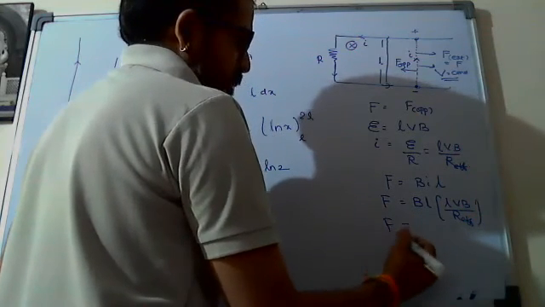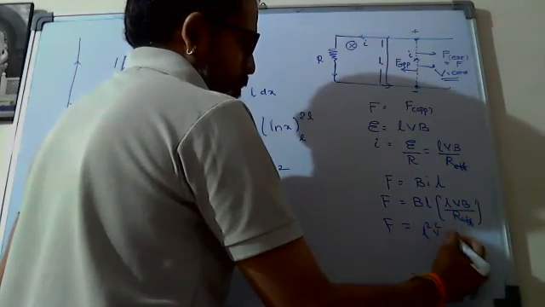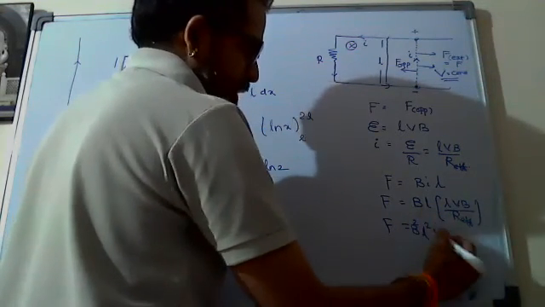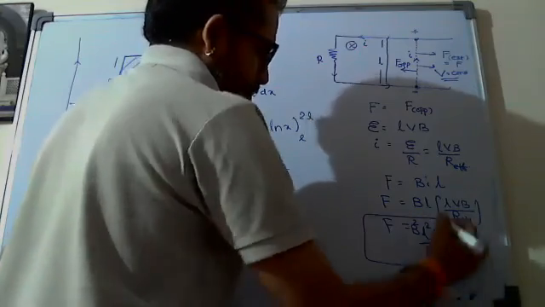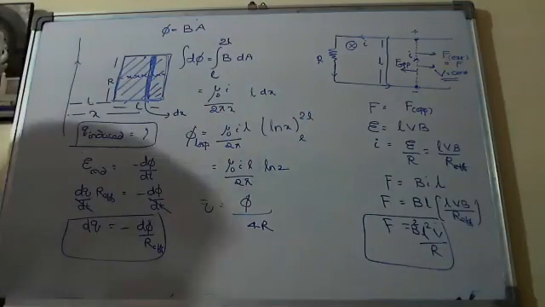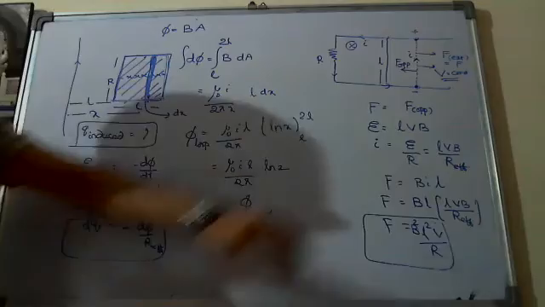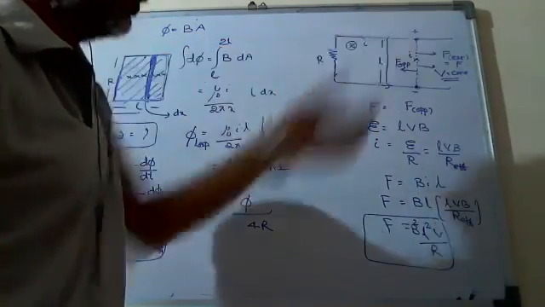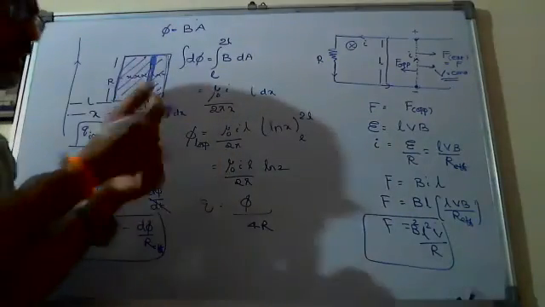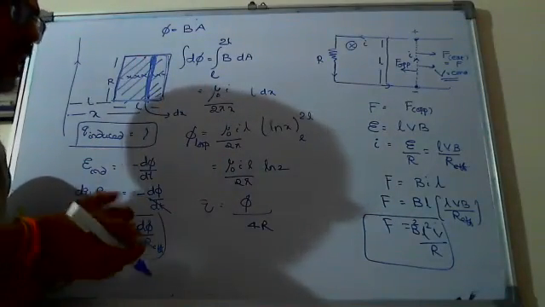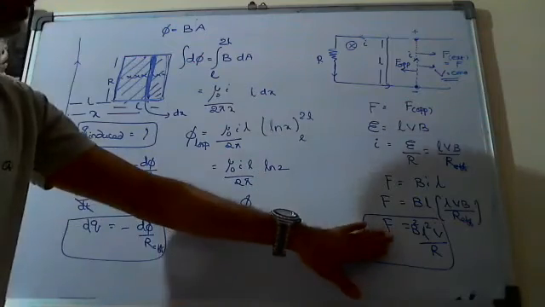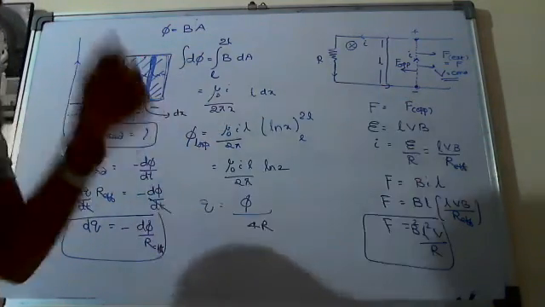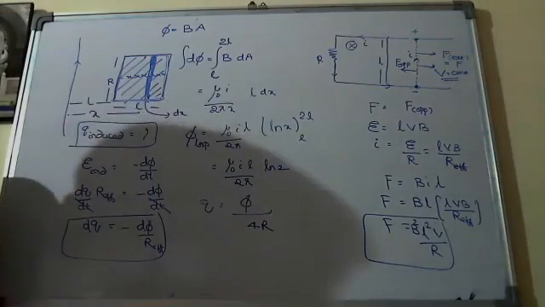That is, in this case, it appears to be B square L square V by R effective. I got it. So that is the force acting on the rod, Nana, when it is closed. The rod is experiencing some force due to its own current. This is what we call next, self induction. It opposes its current. Of course, that part you know, I'm not entering into self-induction. This is the force, Nana. That force acts in what direction?